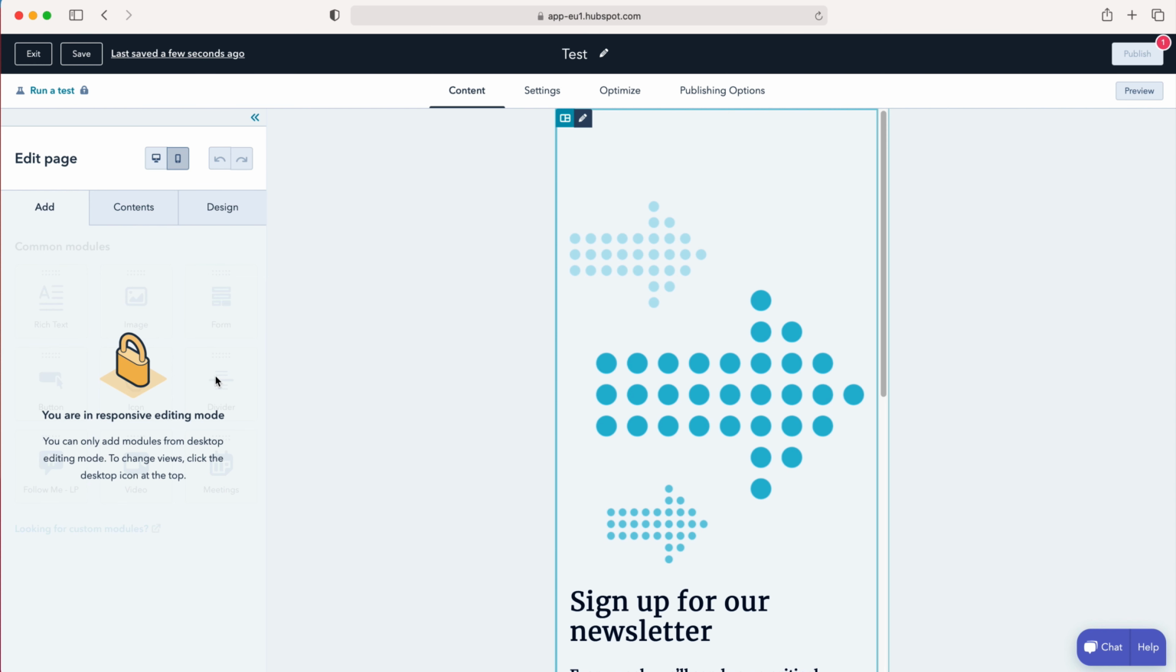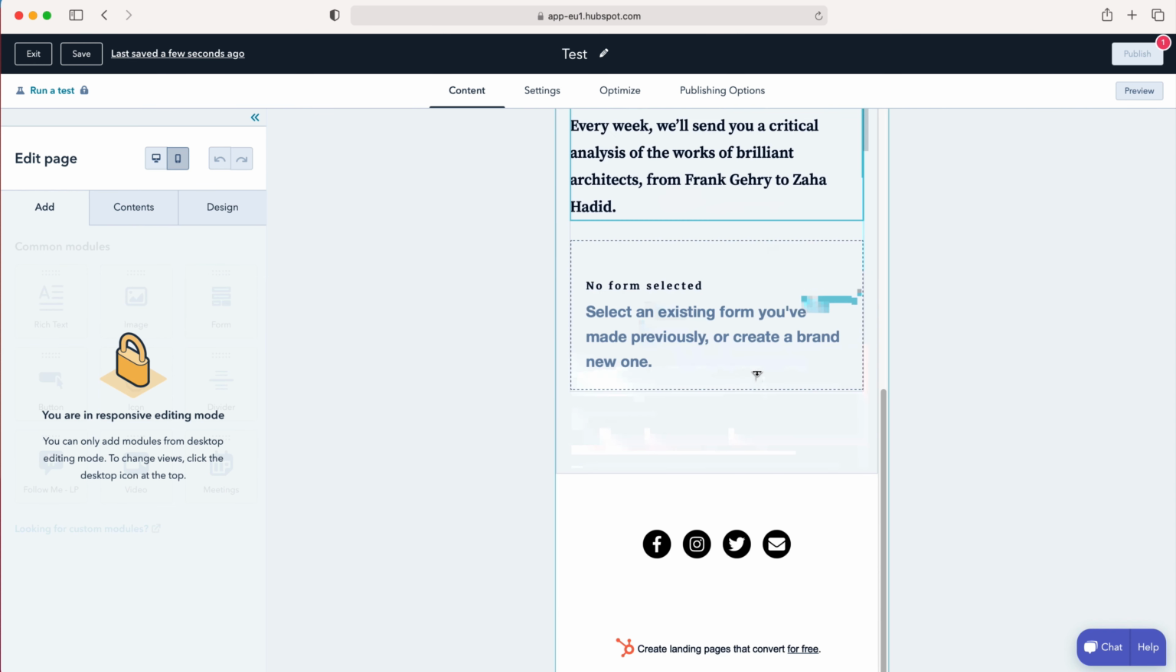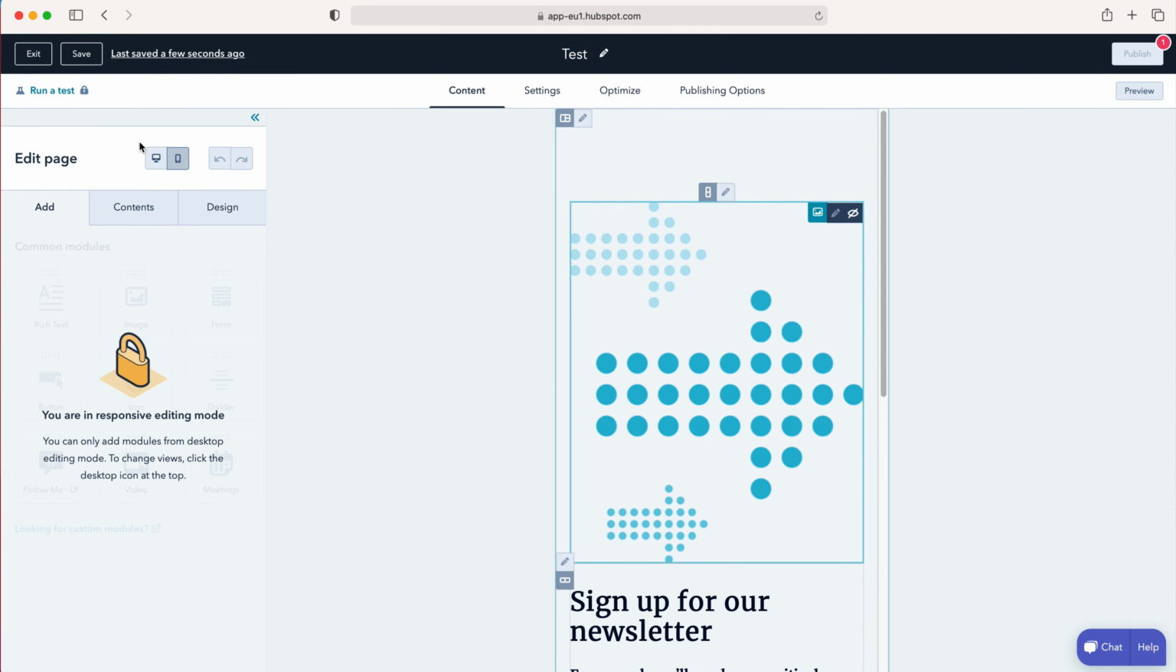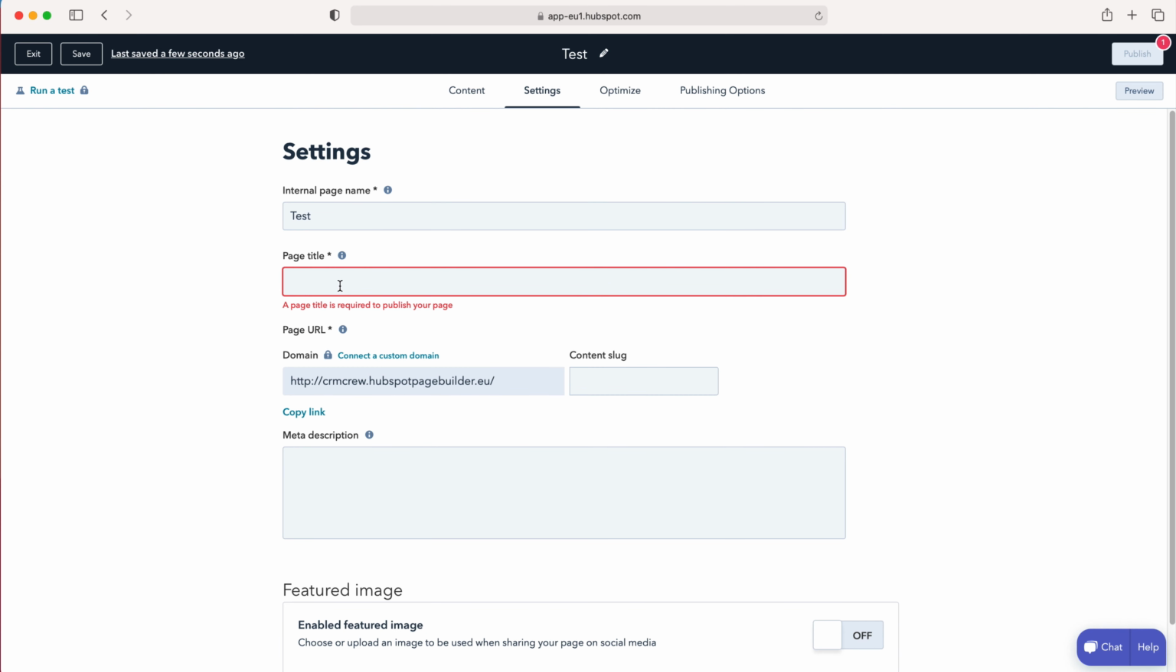If you go back here, you can make those changes. Unfortunately, because this is again the free version, the changes that you can make on the mobile type is limited, unfortunately. Now if you head over to the settings option up the top here, we have to give our page